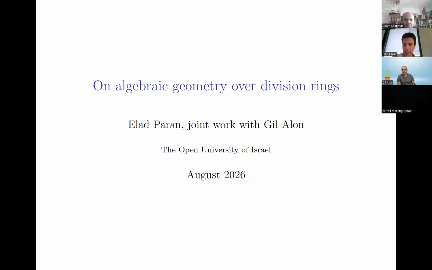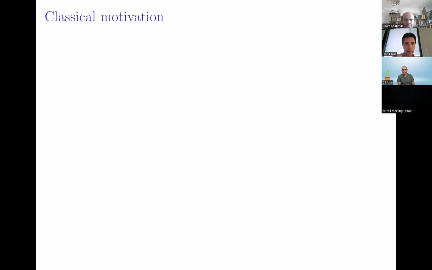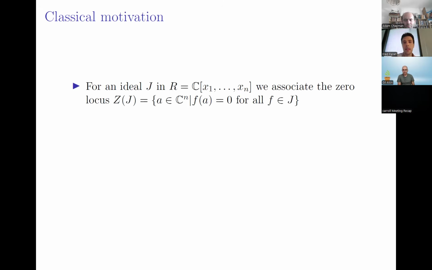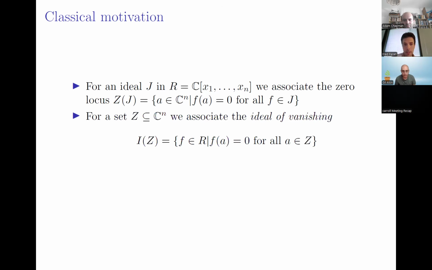Okay, so having said that, let me begin with some very classical 19th century motivation. Consider the ring of polynomials in n variables over the complex numbers. Given an ideal J in this ring, we can associate to it the zero locus, the set of points where every polynomial in the ideal vanishes. And conversely, given a set of points in the affine space, we can associate the ideal of all polynomials